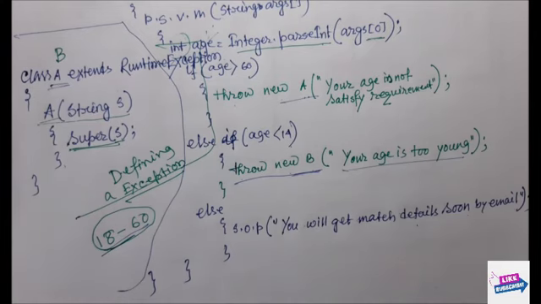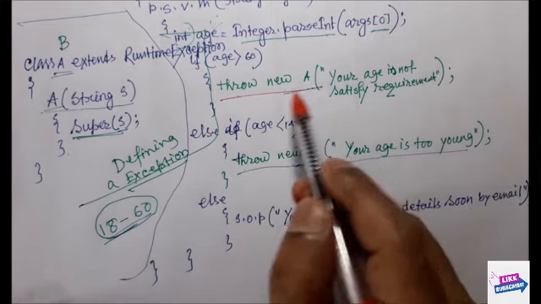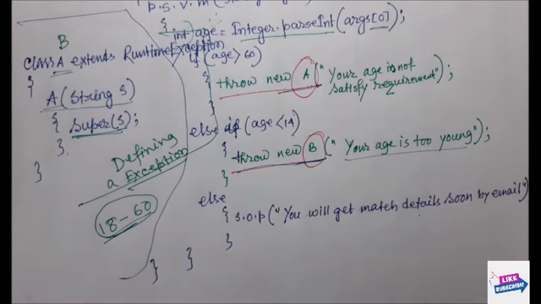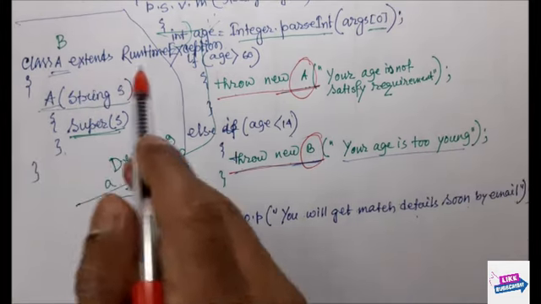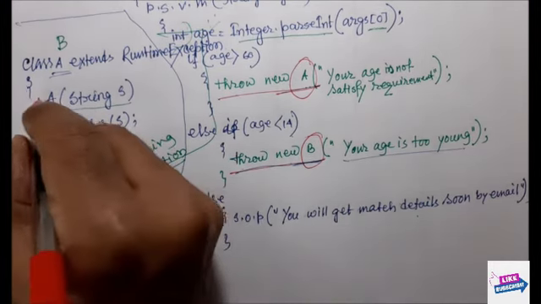Here I want to discuss that whenever I want to explicitly throw an exception, we can use the throw keyword, and in this way we can use our customized or user defined exception, right. So, in this example I have thrown two exceptions. One exception is A, another exception is B. Here I have not taken any runtime exception or IO exception. I have created my own exception class by using class A extends RuntimeException and class B extends RuntimeException. So, instead of A I have to write B for